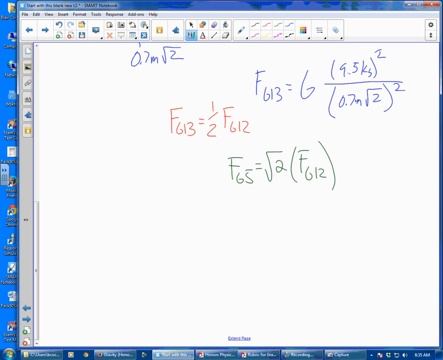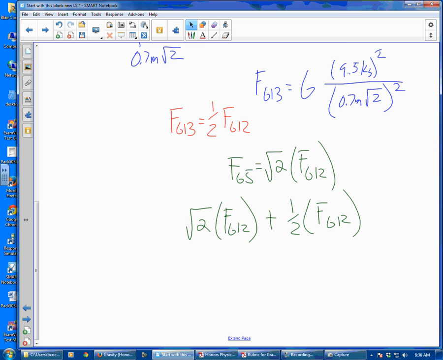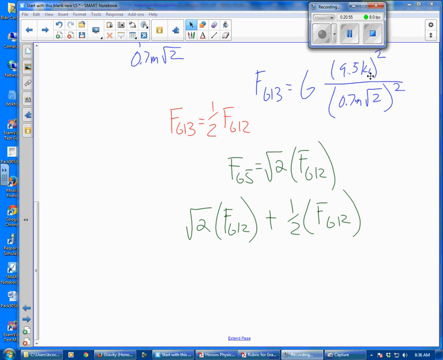So my final answer ends up being square root of 2 times FG12 plus 1/2 times FG12. Because of all those triangular relationships. I'm going to pause, but let me know if you need me to come over and talk to